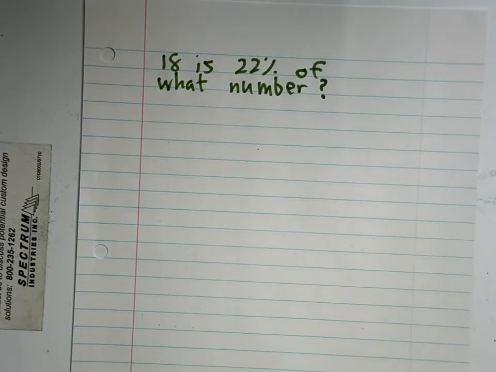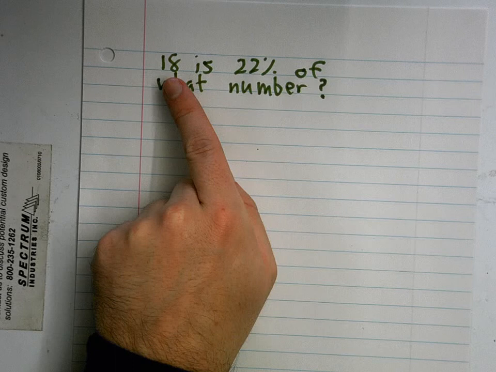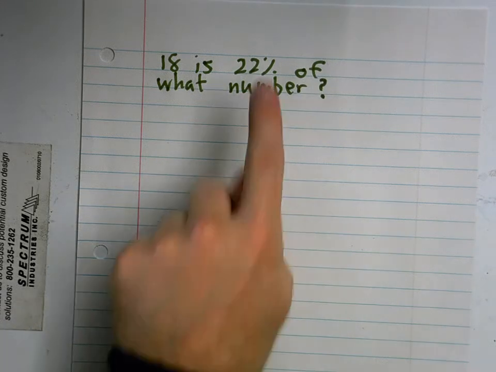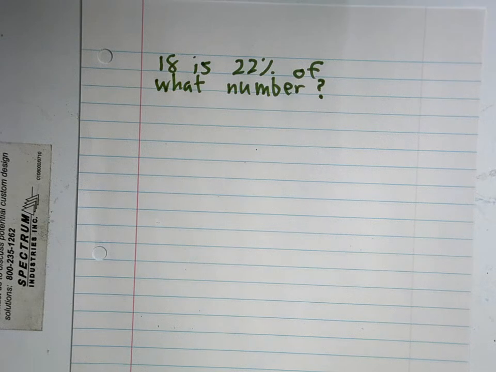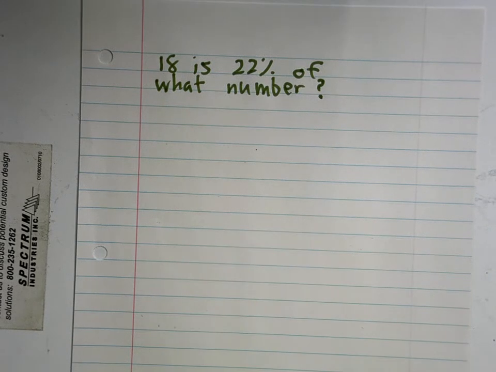Now you might think, well, aren't I just going to make that a decimal and multiply it by 18? Well, that's if I'm trying to find what is 22% of 18. I'm not trying to find 22% of 18. I'm trying to figure out, there's a number out there that when I multiply it by 0.22, I get 18. Ugh. How do I figure that out? I could divide it, yeah. I could. Okay, I could go